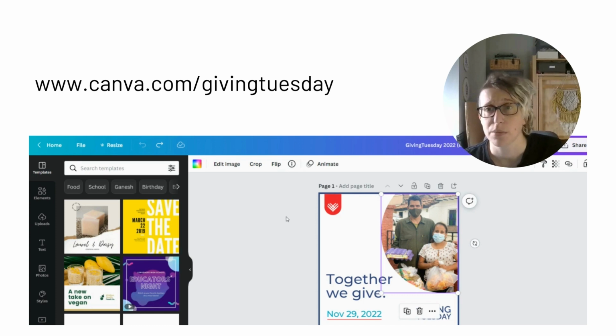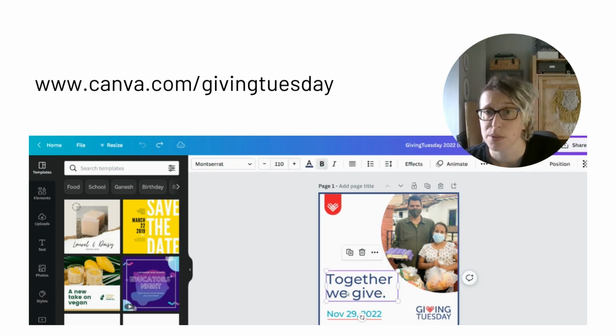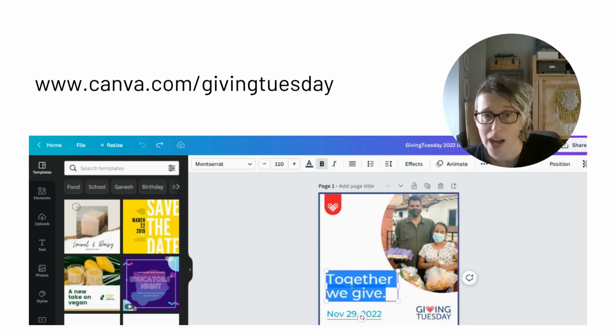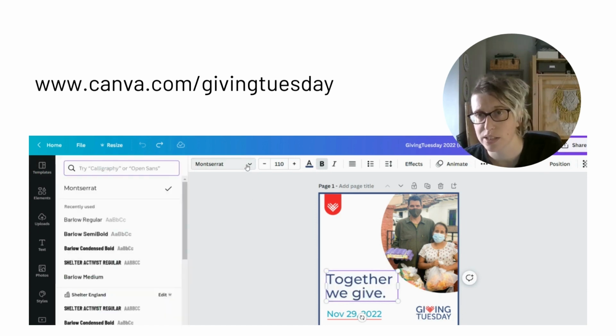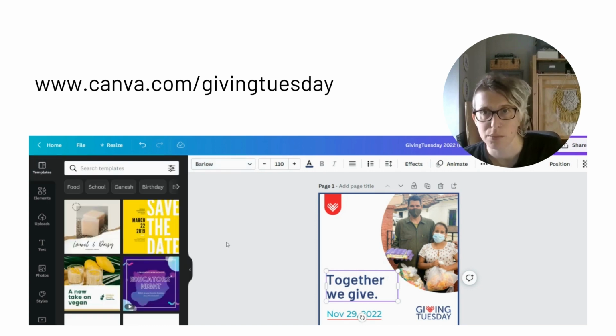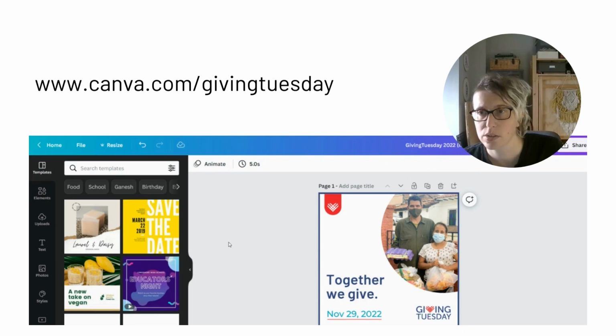So say I wanted to create something for Shelter for Giving Tuesday. What I'd first look at doing is potentially changing the font here. The reason I would do that is I'd want to make this more brand specific to Shelter. If you highlight that text, you can then select the fonts that your organisation would use. As a quick example, let's go to Barlow, which is a font we use. We change it to that, and then we do the same with this